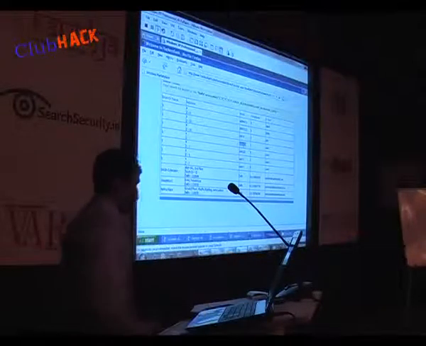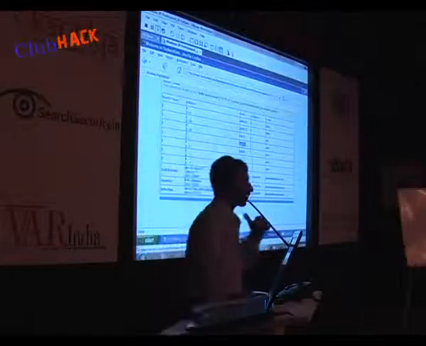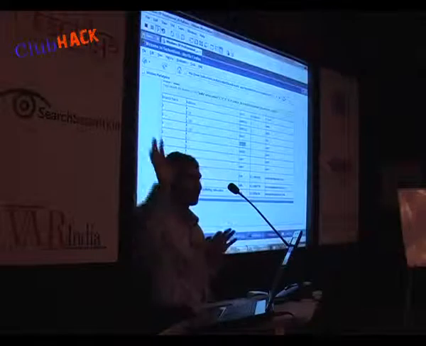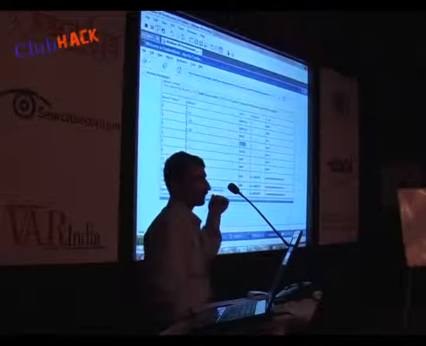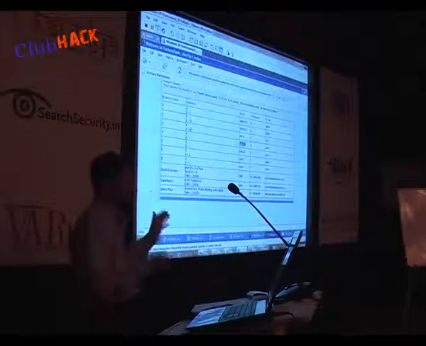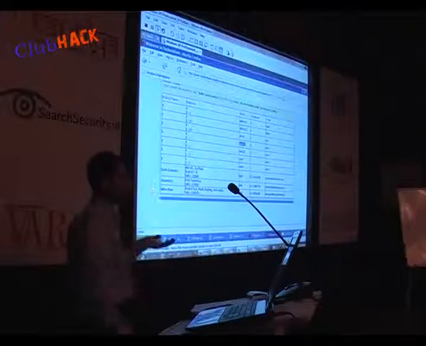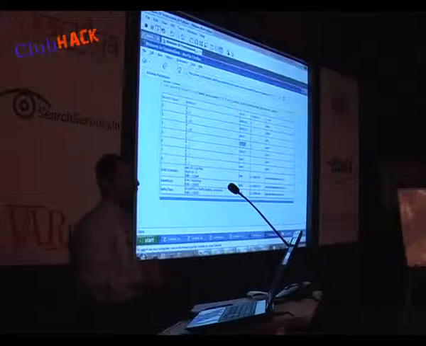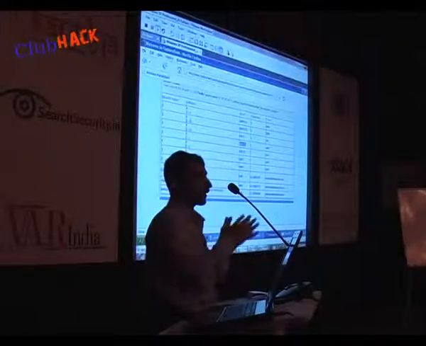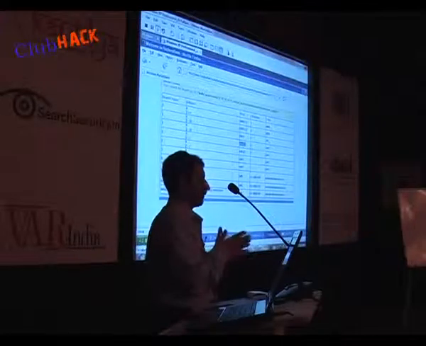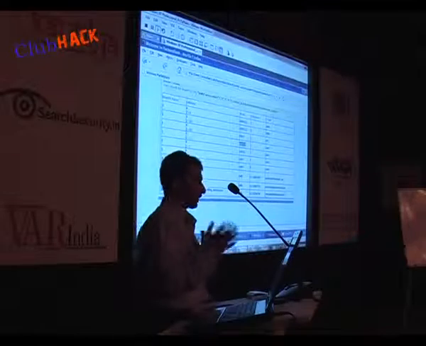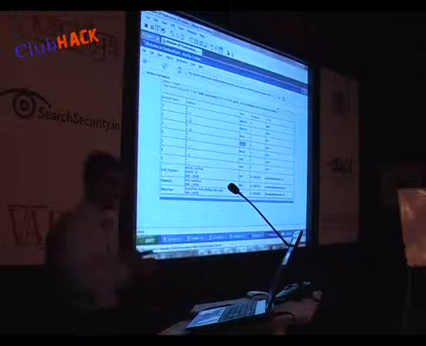So this is one way by which data can be retrieved from the database, even though your authentication module, login module, etc. is extremely safe, using the blind SQL injection equivalent. The concepts of SQL injection itself are similar, but the way by which this is achieved is different. And the perception of many users, many organizations is that if my login page and authentication modules are safe, we are safe. But that is not the case always.